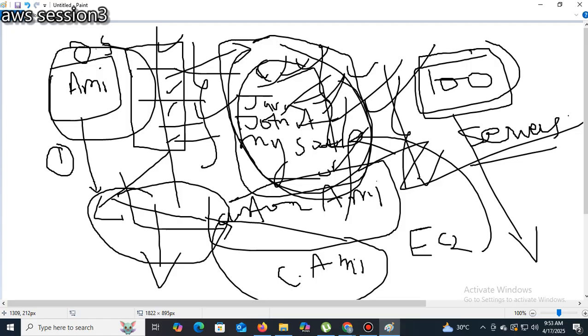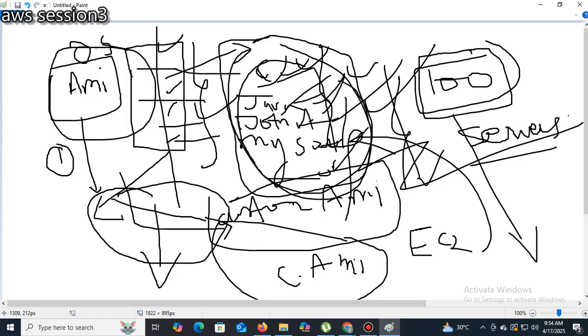This customized AMI contains all our prerequisites, what the programmer or developer wanted. So no need to install all this software separately. It will be pre-installed whenever you launch the instance.